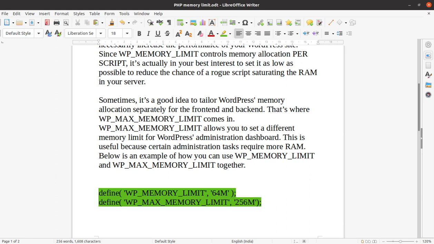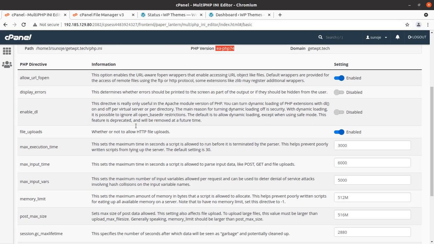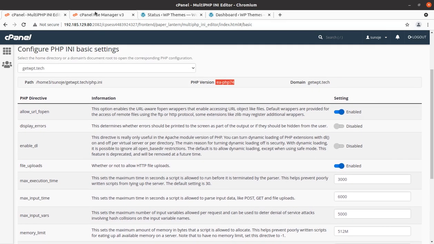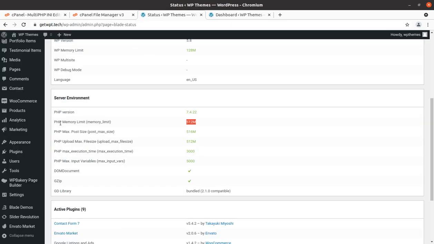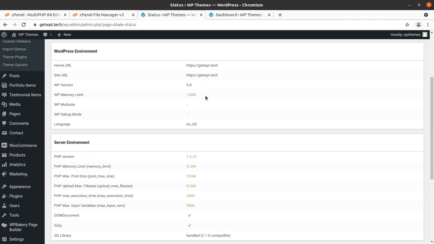So you can simply copy these things for your WP config setting. And now, just in case you do not have cPanel access and you cannot define the PHP memory limit, I mean this screen you don't have, and you need to increase the PHP memory limit, how can you do this? The simplest way is to have the cPanel access, as I told you, but if you want to edit both settings, the default WP memory limit and the PHP memory limit, you can do both from the WP config file itself.